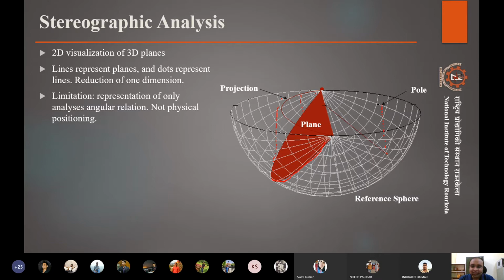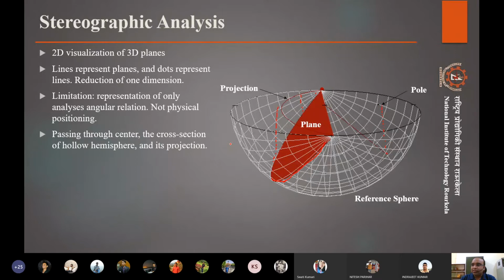So how closely they are spaced, or how persistent the joint is, or other properties of the joint that we discussed, these are not considered in this stereographic projection. The whole purpose of stereographic projection is to map the joint in terms of its orientation, or any plane for that matter. We can even map a plane for the slope, right? This is how the slope is oriented. So we can plot it here. Now, how do we do it? That we will be studying ahead.